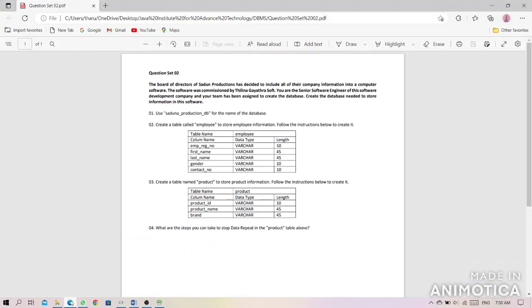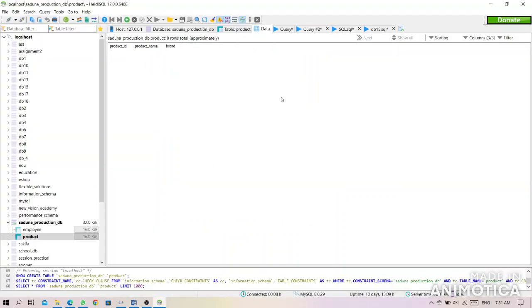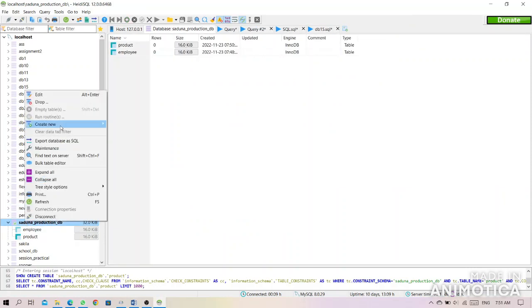In the next question, they have asked us, what are the steps you can take to stop data repeating in the product table above? In the product table, the product ID and product name will not be repeated again and again, but the brand will be repeated, because many products can have the same brand. So here we can create another new table as brand,